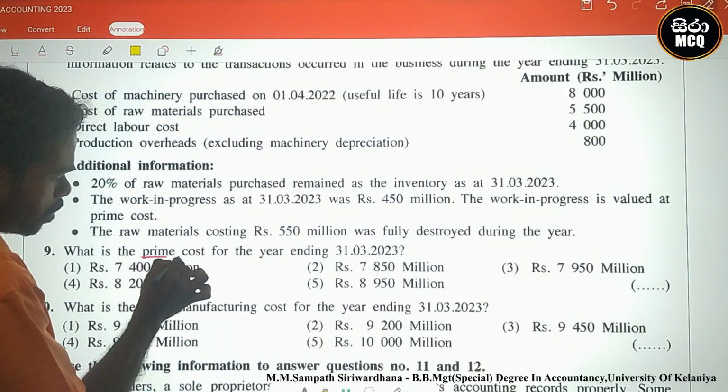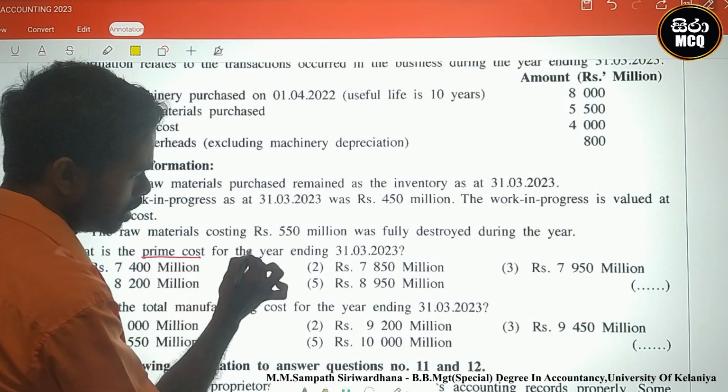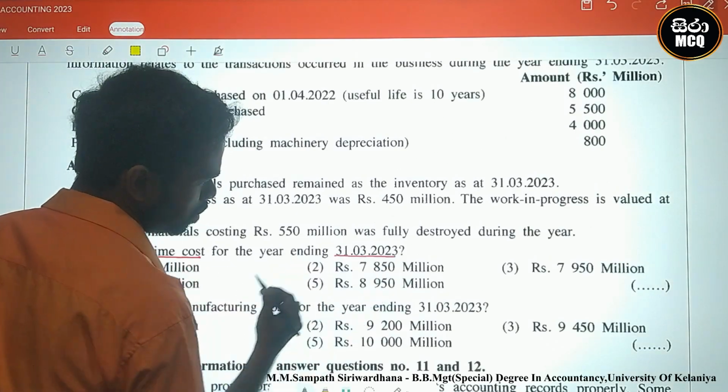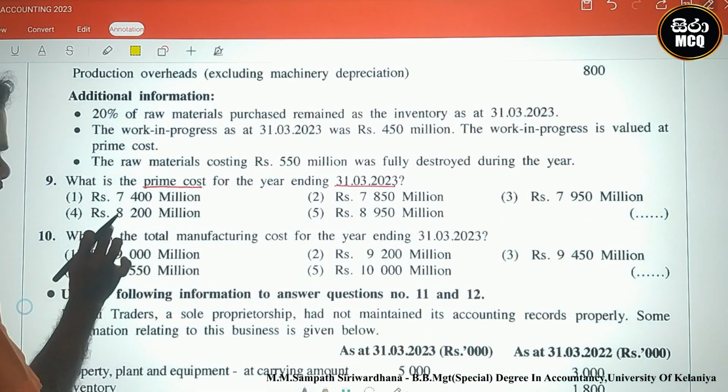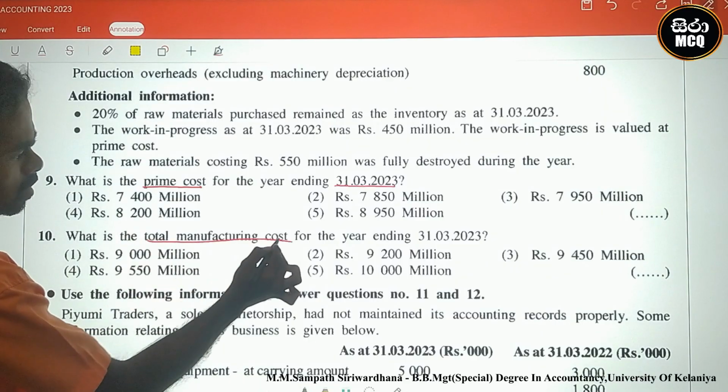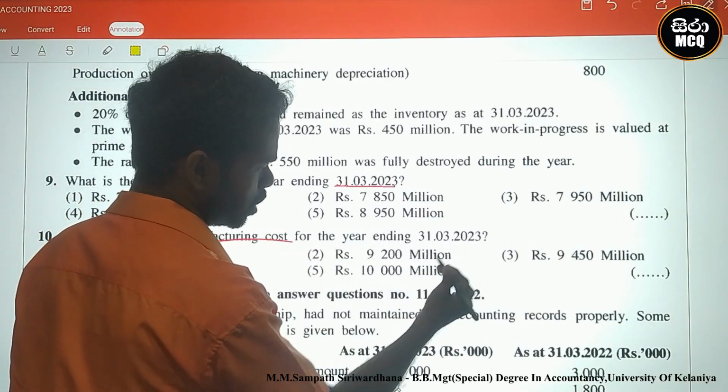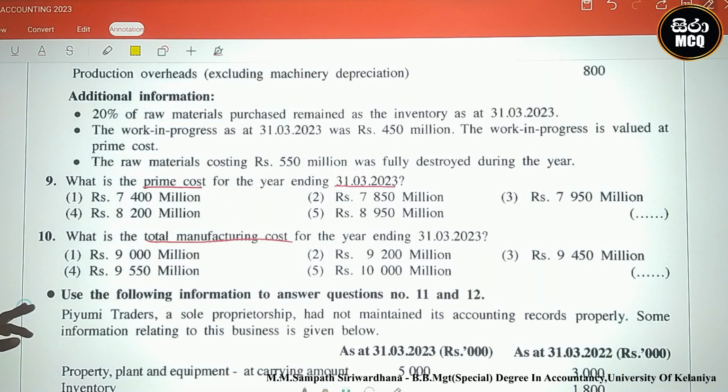What is the prime cost? This is the primary cost for the year ending 31st March 2023. The second one: what is the total manufacturing cost for the year ending 31st March 2023? Firstly, we must identify the